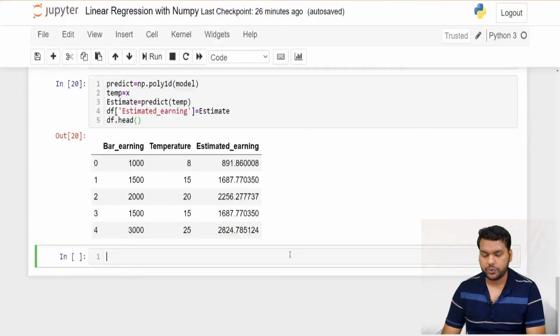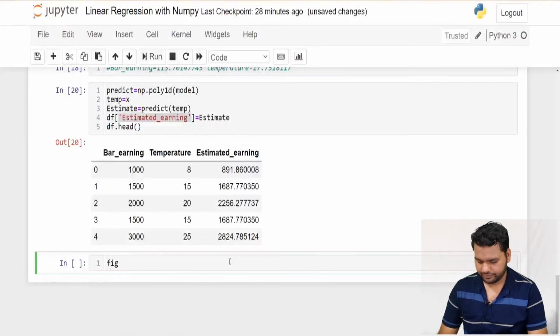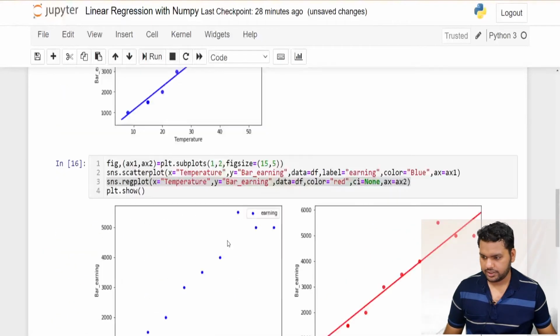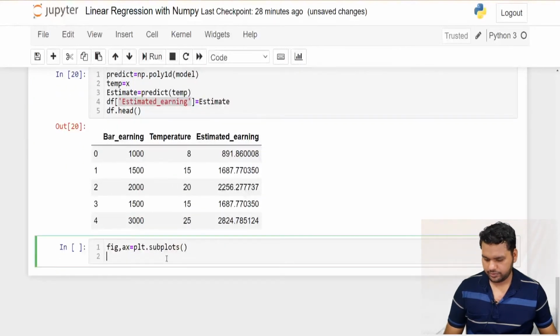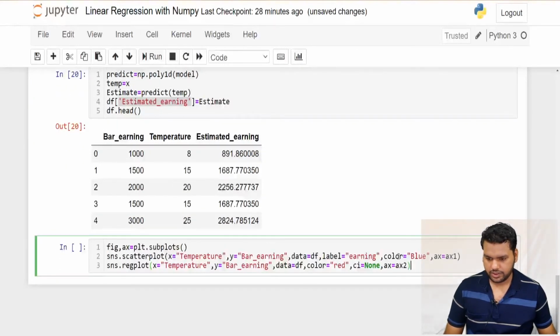What I'm going to show you next is a plot about the performance of the model. Access plt.subplots, and just call this for two things. Okay, so this is the blue and this is the ax, this is again ax.